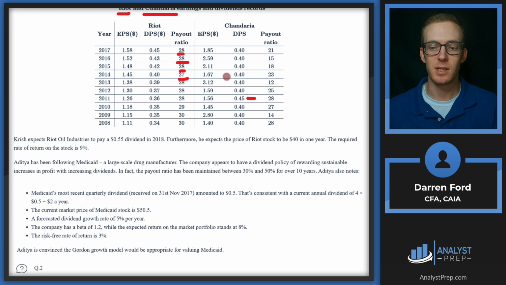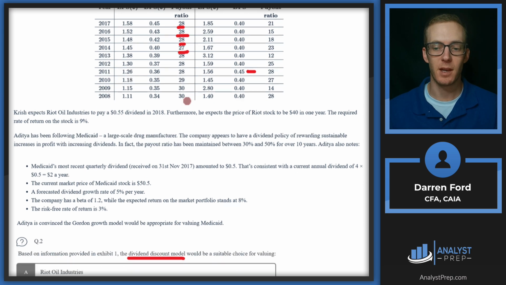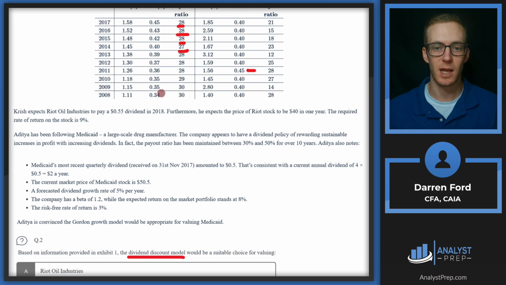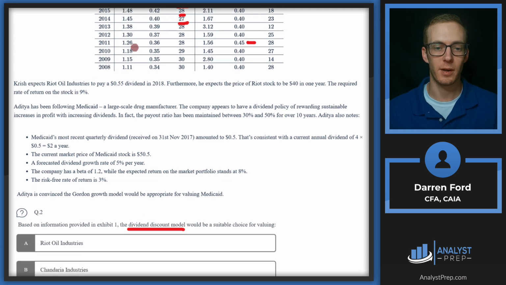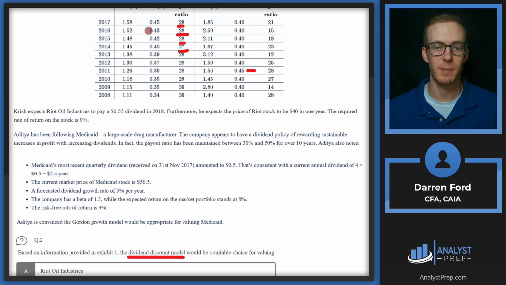And so for the dividend discount model to work best, we're going to want a stable payout ratio, not necessarily a stable dividend amount. And this is because the payout ratio is going to tell us what the dividend is relative to earnings per share. And so if the payout ratio is stable but the dividend is growing, this tells us that earnings are also growing, and that's going to be an important assumption, because we're assuming that dividends are growing in our dividend discount